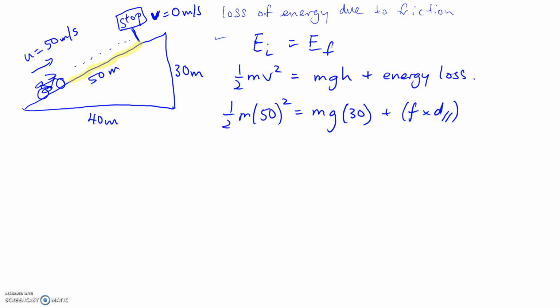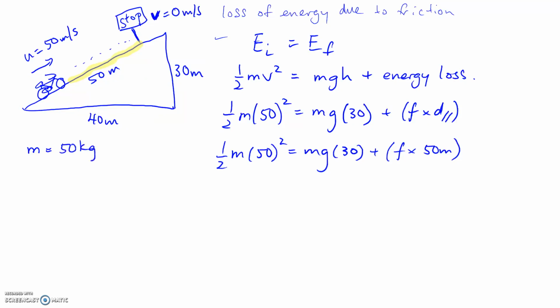Okay, and that would give us something along these lines, plus f times 50 meters. Okay, because the region in which frictional force is experienced is actually 50 meters. So all we need to solve this situation now is to know the mass of the bicycle and the cyclist. So if we assume that the mass is going to be say